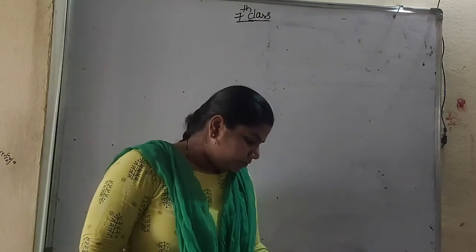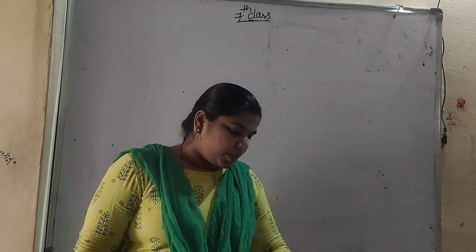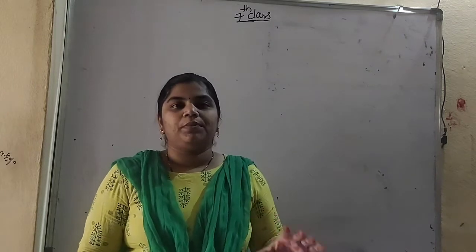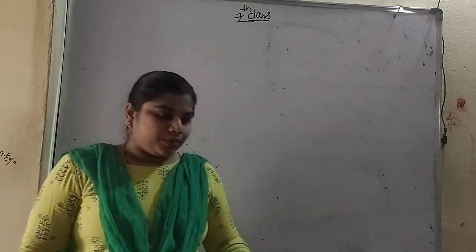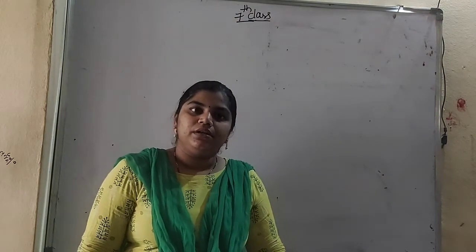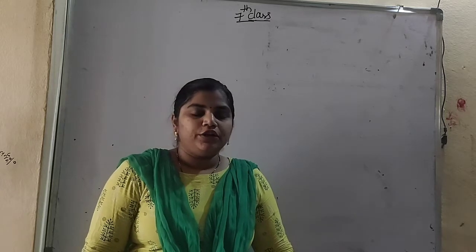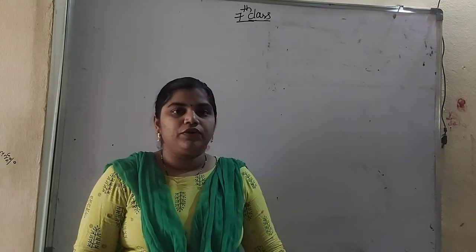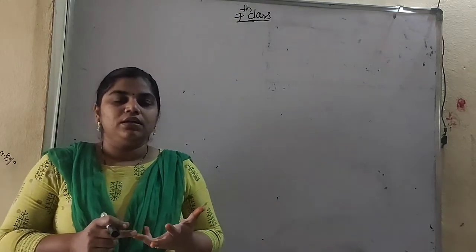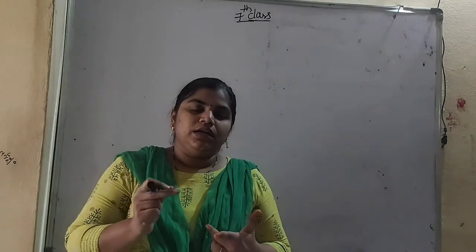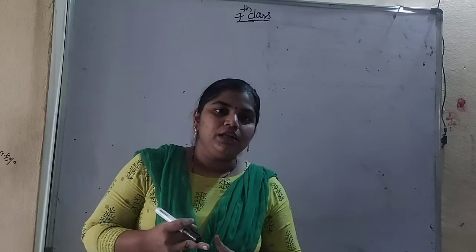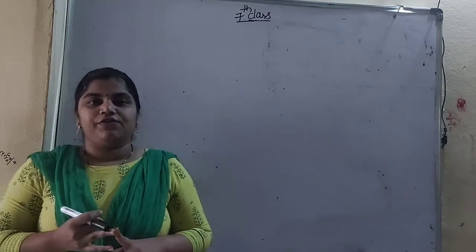So good morning everyone. In the last class we discussed angles and the basic terms in basic geometrical ideas, lines and angles. We discussed line segment, ray, point, and also angles. So what are the angles? Zero angle, acute angle, right angle, obtuse angle, straight angle, reflex angle and complete angle. So these are the 8 different angles.